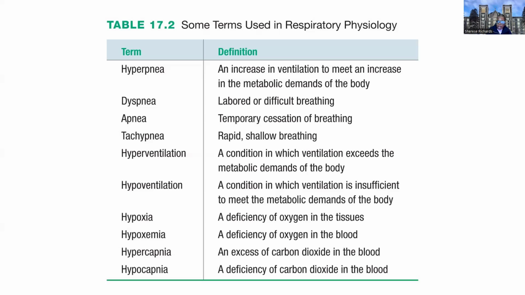So just some of the terminology that we use in terms of states of oxygen, rates of ventilation, the state of breathing, or even delivering of CO2 and oxygen in terms